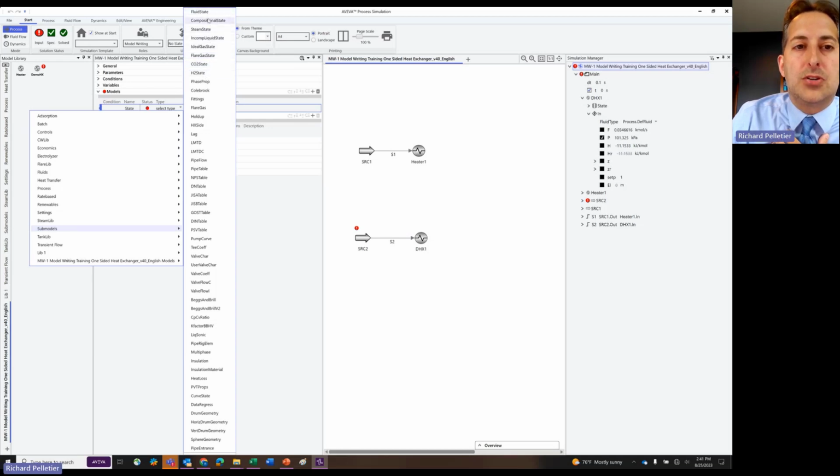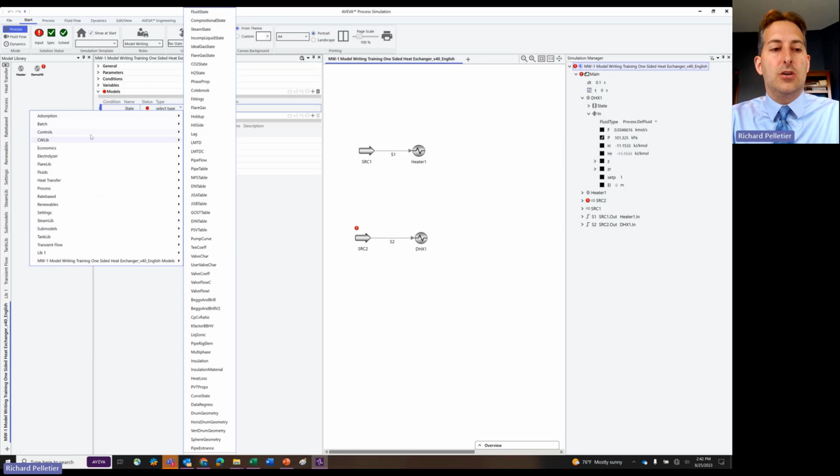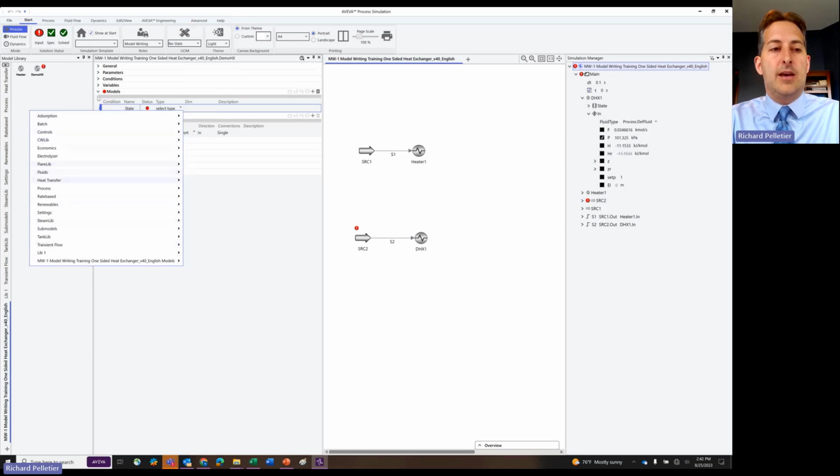All right, and while compositional would be the most versatile and would probably work just fine for me in this case, if I choose compositional and then I have a fluid later that I feed it that's an incompressible liquid, it's going to fail to solve because the compositional state submodel is not set up to handle incompressible liquid fluids. It's only set up to handle compositional fluids, right? So there's a better way of setting this up that we need to do, and which isn't ready yet from